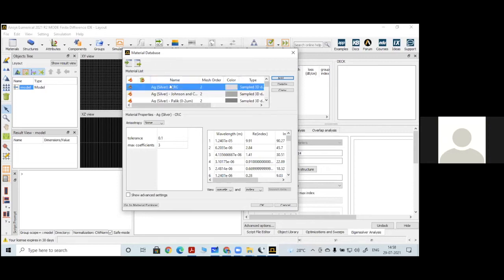Suppose it is AGCRC, you can see its wavelength-dependent parameters here. It gives values covering almost the entire optical band. For all these wavelengths, it gives the real value of the refractive index and the imaginary value of the refractive index. This morning I was talking about the real part and imaginary part of the propagation, the beta parameter, that is n comma k.